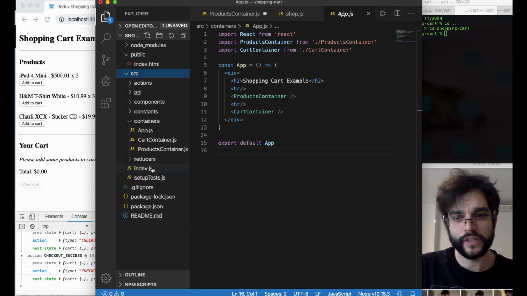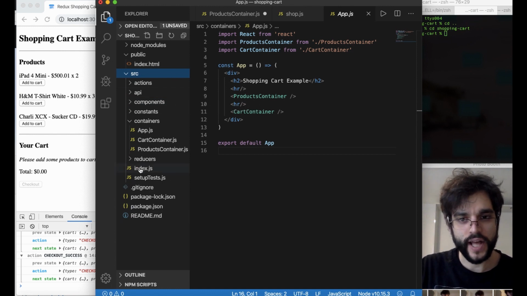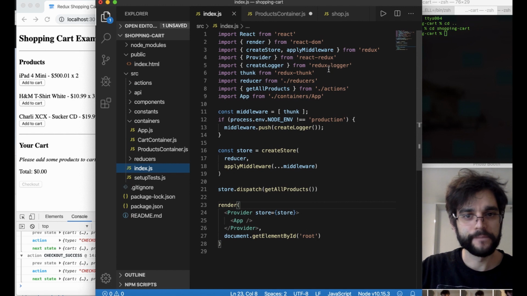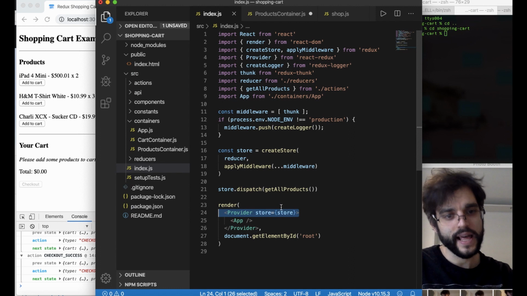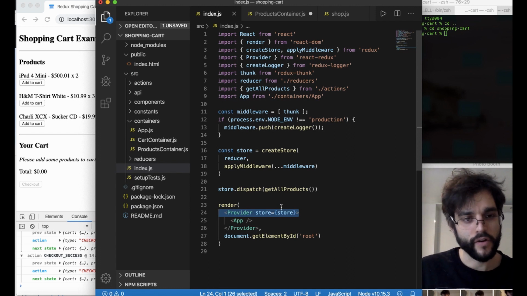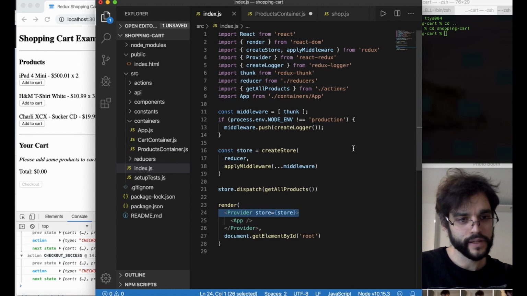So in our source folder here, we go to the index.js, and we're going to see that we bring in the provider of Redux, which is taking the store. Okay, and so there's our provider taking the store, and it's basically wrapping the app, right? It's wrapping around our app. So that means that this is how we're able to get all of our state management into our application by wrapping this provider, and then through that we can use connect, which is a higher order component, which we use